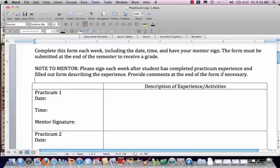Not every little detail, but just an overall kind of summary of the experiences you did with children, and then have your mentor teacher sign it. If your mentor teacher is not in the classroom when you're leaving, you can have an assistant teacher sign it. You can have an administrator sign it. You can have someone at the desk sign it. But I need sort of this